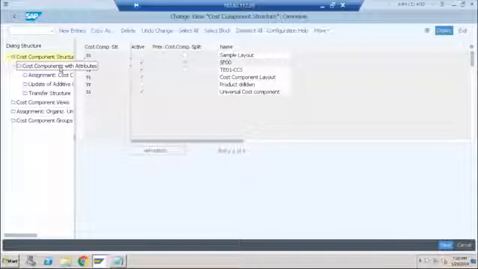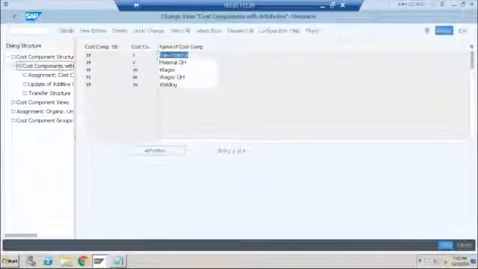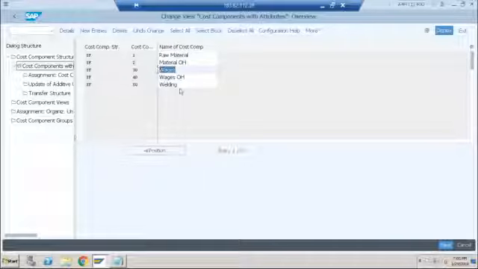If I go with this one, you can see here the components are raw material, wages and building. I just added this third component. So these are my three components. What I can do now is tell the system that my finished good is divided into raw material, wages and building, or this can be any other kind of expense. And I want the system to segregate my COGS account into raw material, wages and building.